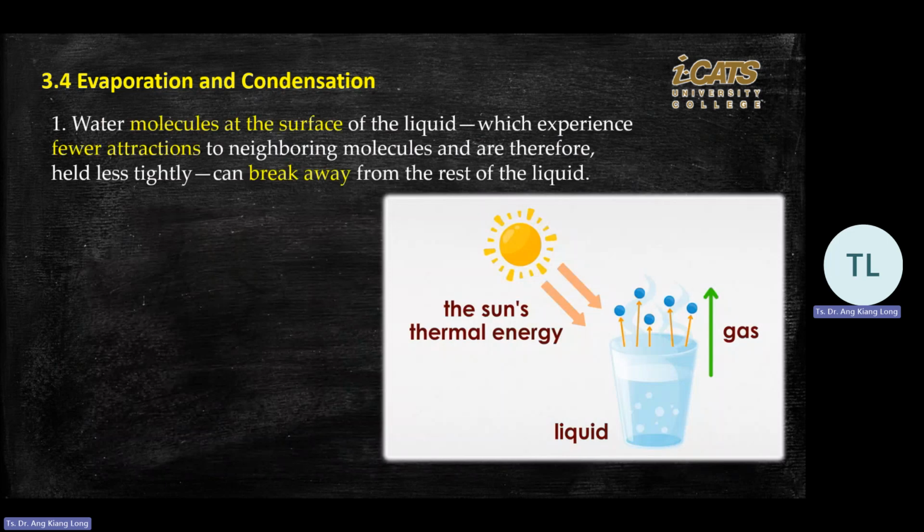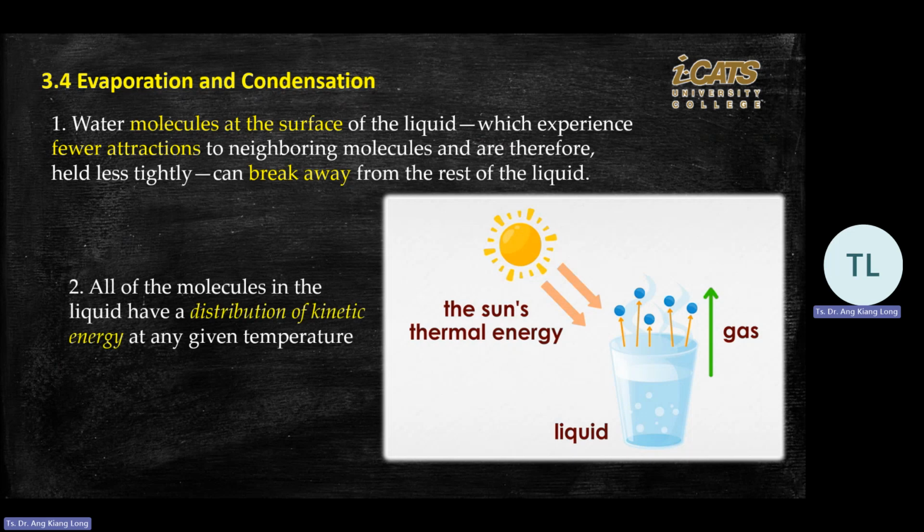Okay. Now, how does this phenomenon happen? It starts at the surface, where water molecules have fewer attractions, then they will break away from the liquid, right? So it starts from the surface. The molecules escape from the surface because at the surface they have fewer attractions. Number 2, the liquid has a distribution of kinetic energy at any given temperature. So because the energy is distributed throughout the liquid,